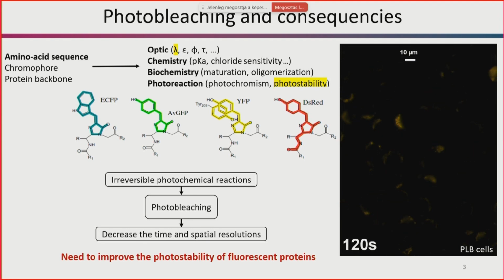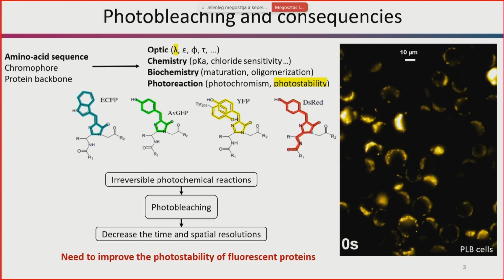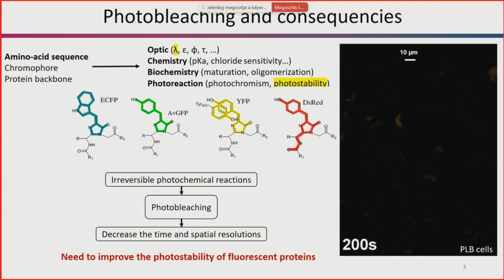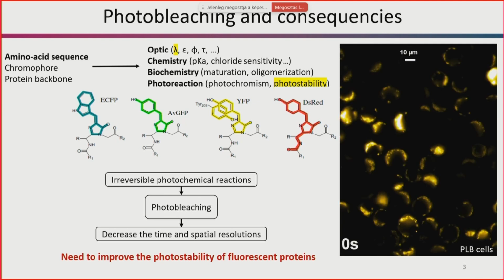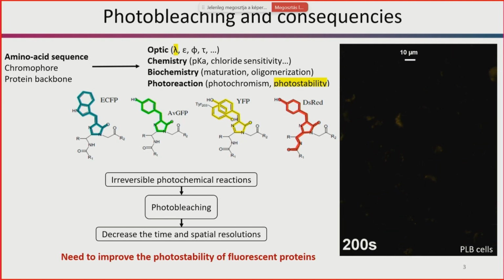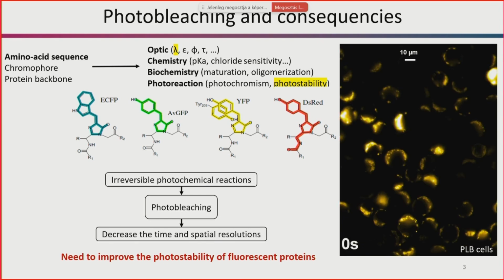The most obvious is to change one of the 3 amino acids that are involved in the chromophore formation to have different pi-conjugated systems, so different colors, different optical properties. But the role of the peptidic chain is important because it can tune a lot of other properties that are also important. And among these properties, there is one which is still difficult to optimize because we don't really understand what happens, and it's the photostability. Because fluorescent proteins are really likely to undergo irreversible photochemical reactions that we don't really understand,